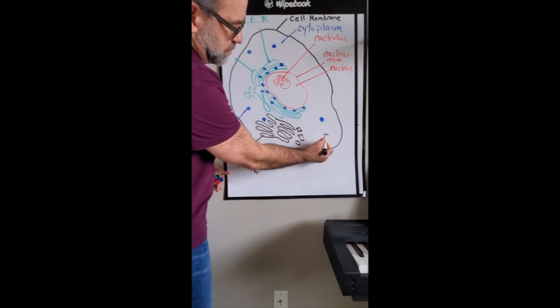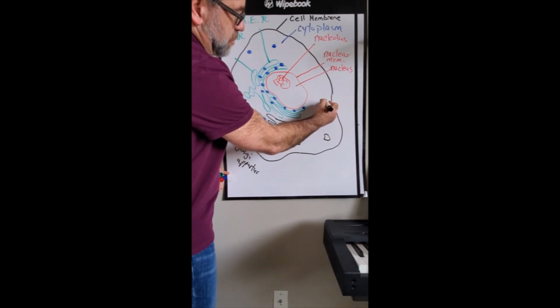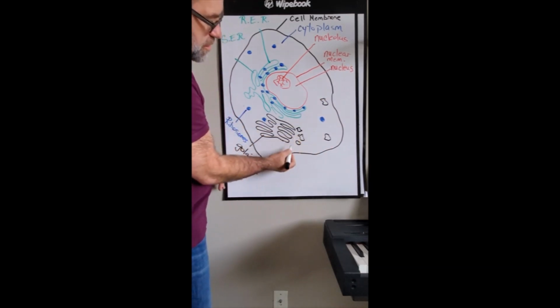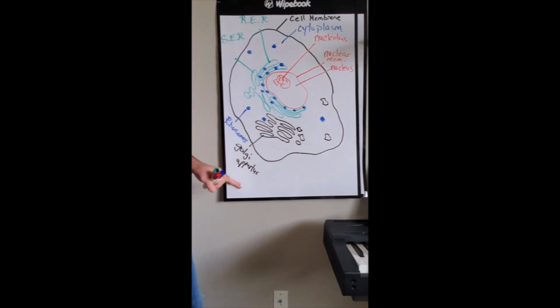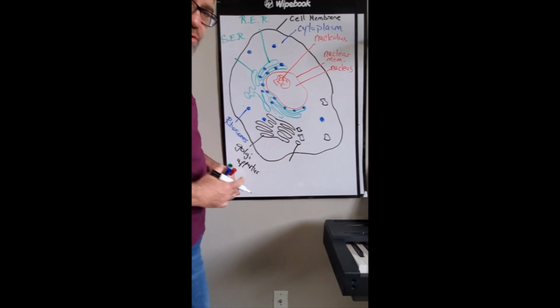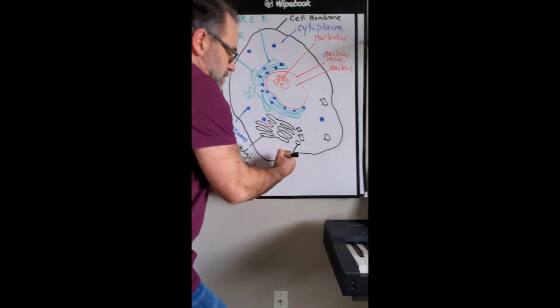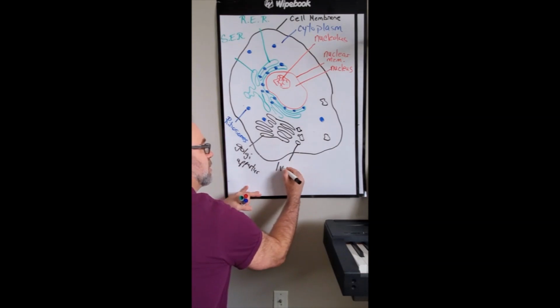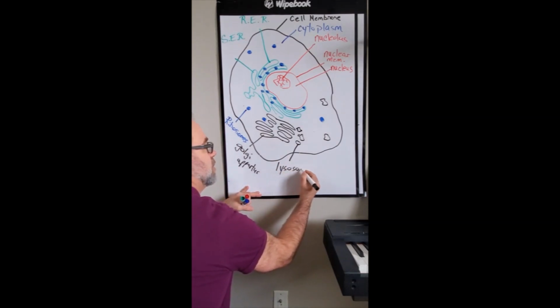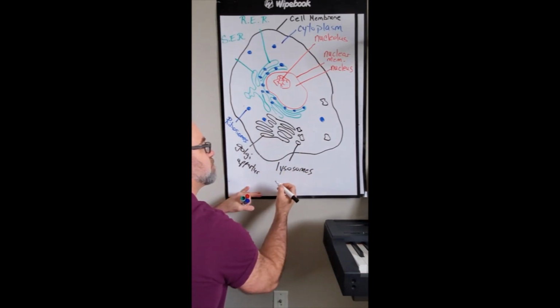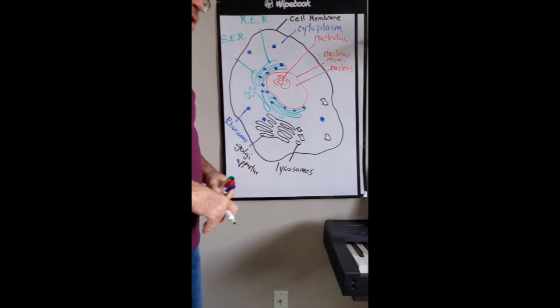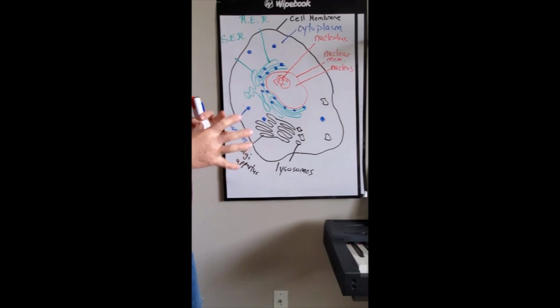breaking off. They are also free-floating. They're associated with the Golgi apparatus because the Golgi apparatus and the lysosomes help to break apart, repackage, and export nutrients out of the cell. Those are your lysosomes. So if you've noticed, what I'm trying to do is I'm actually trying to draw the